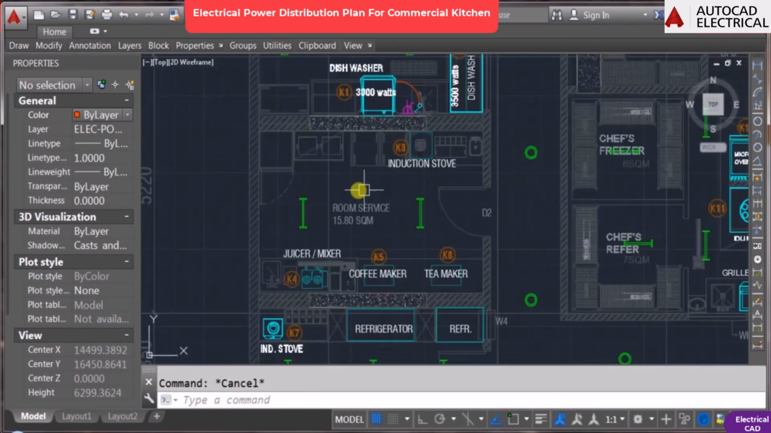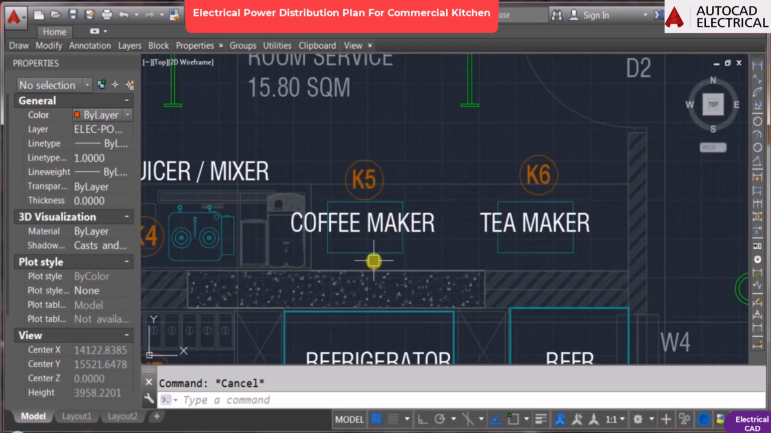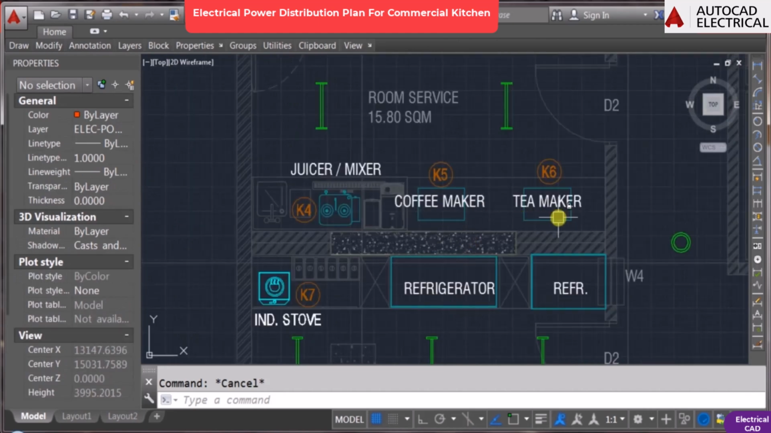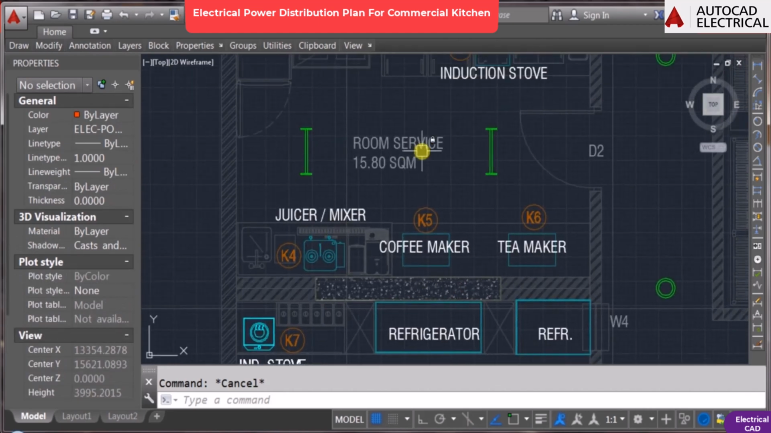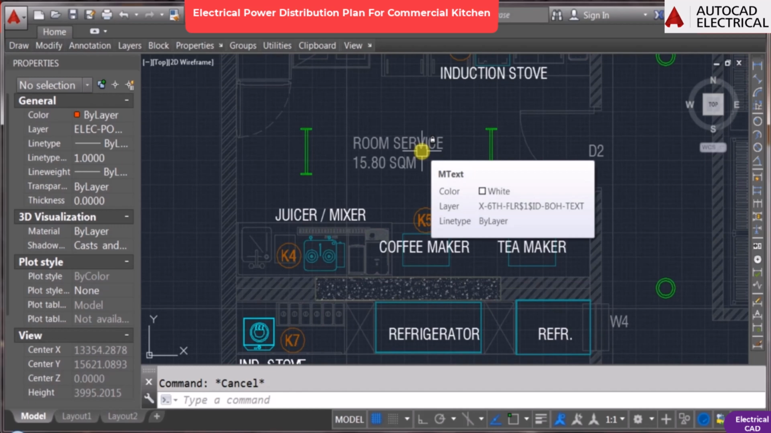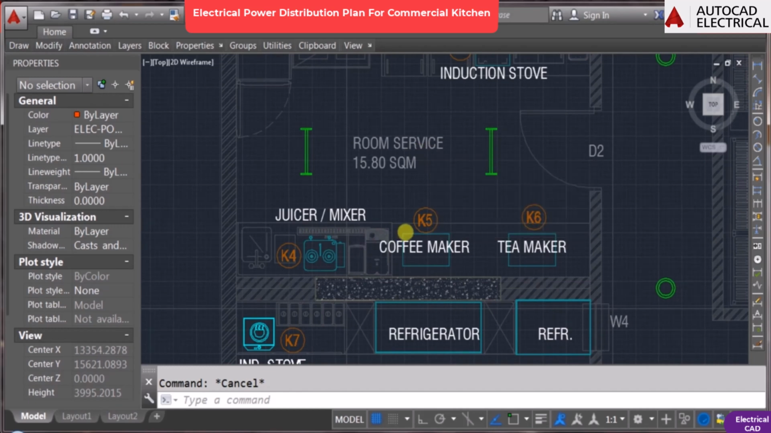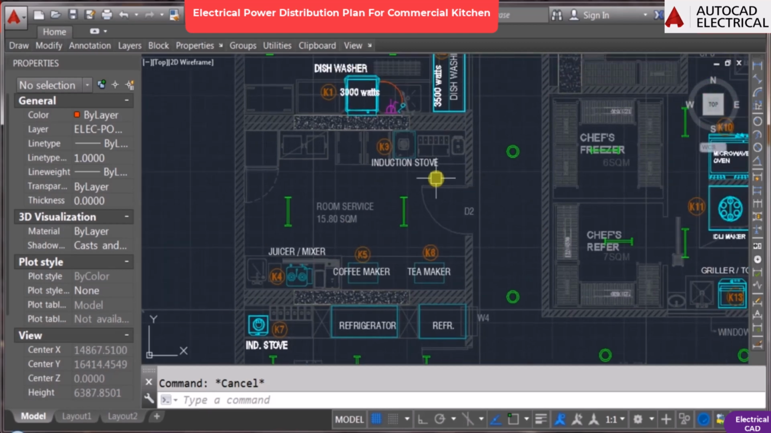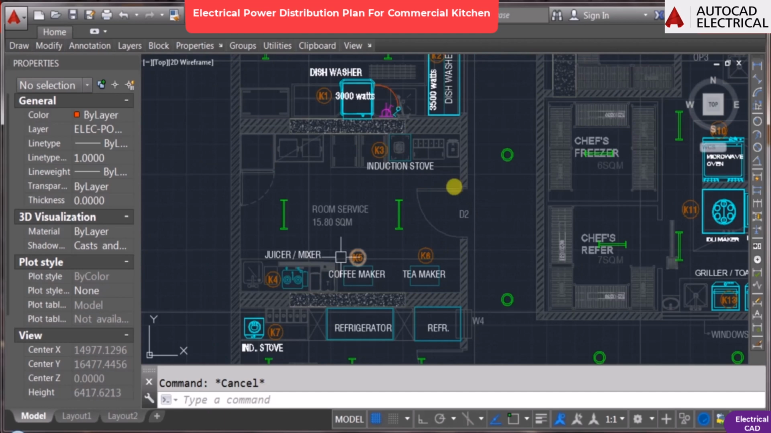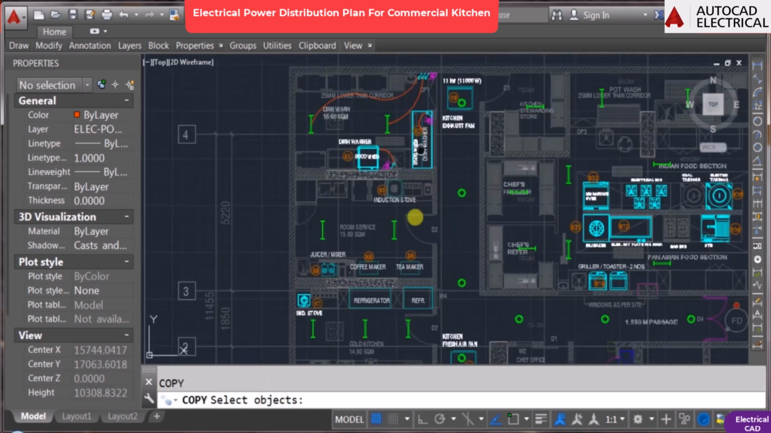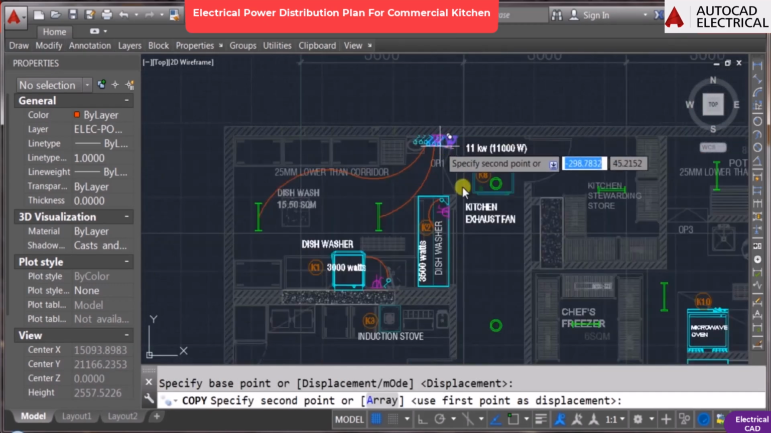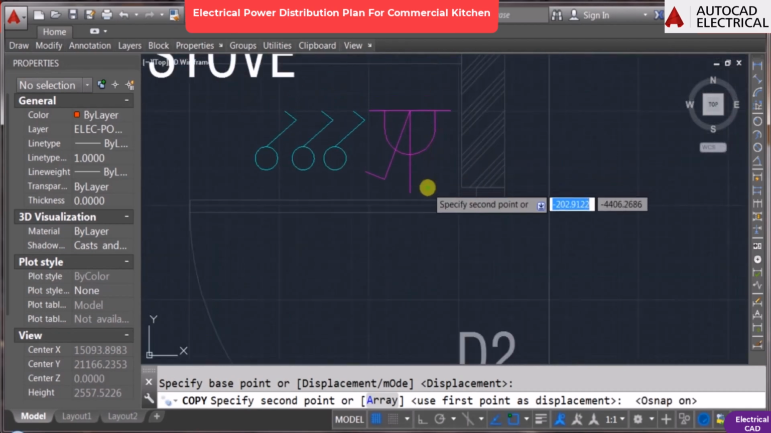The same thing we can follow in the room service. In this room service, I can see a coffee maker, tea maker, juicer mixer as well as the LED lighting; these are the common electrical equipment available in this room. The induction stove is also there. So there are almost 4 plus 1, a total of 5 electrical equipment in room service. So at the entry point, let us copy this, and the same thing